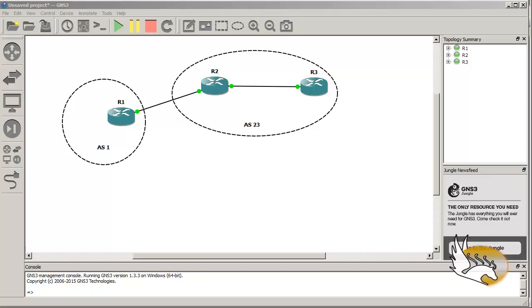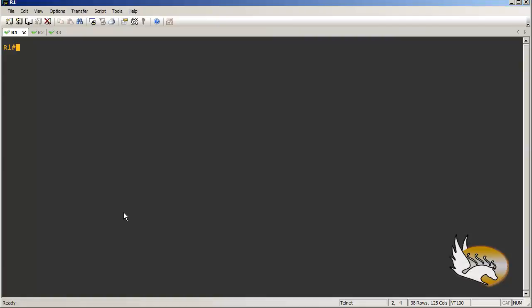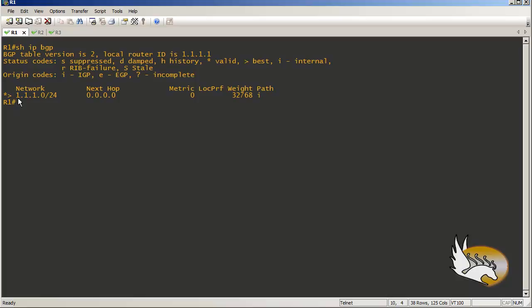In previous sections, I showed you what communities are and how we can add communities to the routes. What I'm going to do is to delete communities or manipulate communities here. This is a very simple topology. On R1, I am advertising one route, and if I show you, that's going to be this, show IP BGP shows that I'm advertising